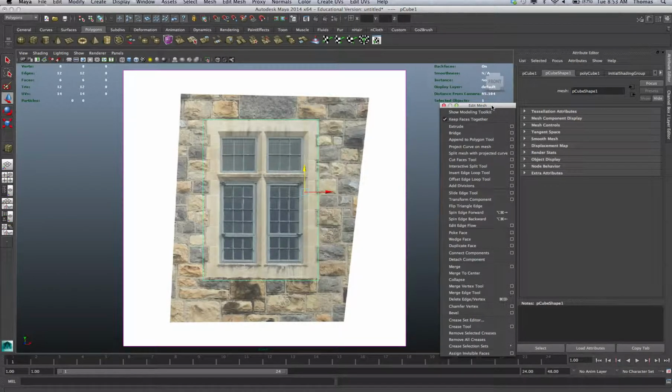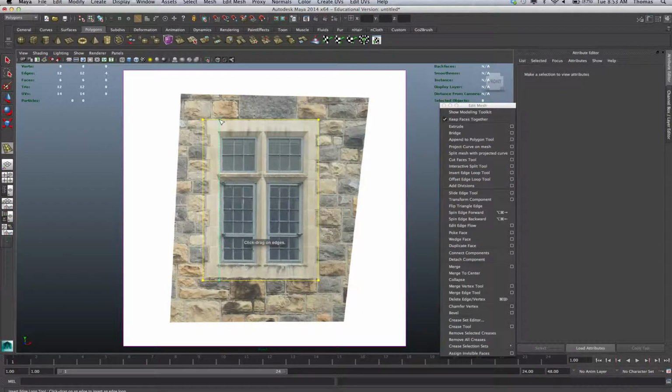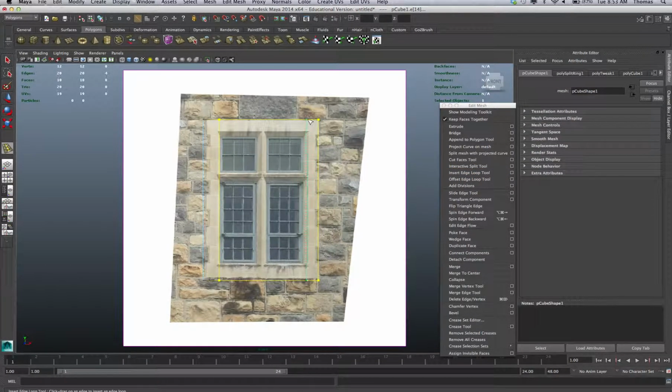Alright, so now what we're going to do is interactive or insert edge loop tool. And you can go ahead and cut here, cut there, here. And so you see I'm just cutting basically the geometry where the building is. Cut here,